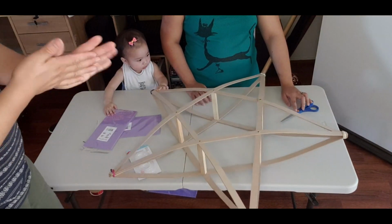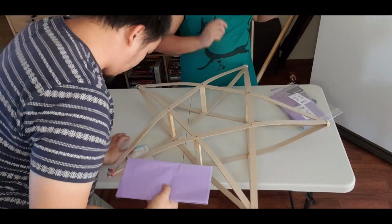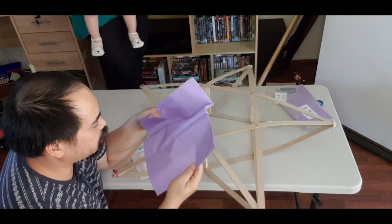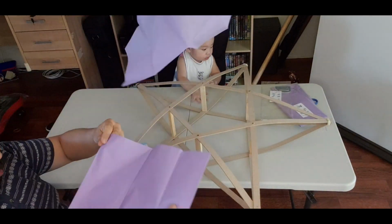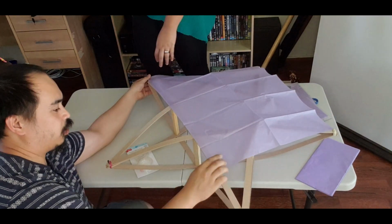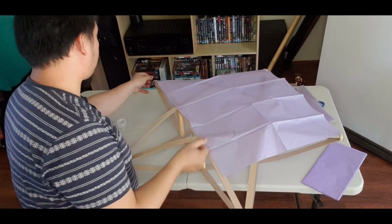Alright, here we go. Let's open up one of these. By the way, you can get these materials from any newsagent store or a stationery store. So we're gonna start with